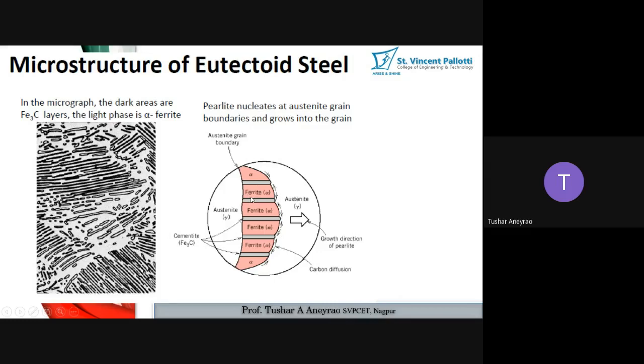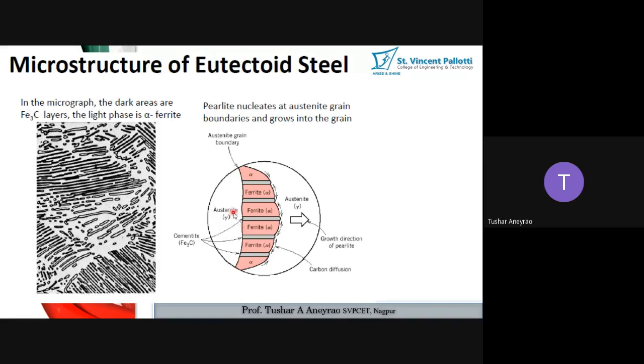You can see here alpha ferrite crystals are growing along with the Fe3C. You can see here these streaks are of what? Fe3C crystals. And due to this simultaneous growth, we are getting this particular type of crystal structure. Let me use the laser pen. This particular type of microstructure can only be obtained if you are having austenite which is at 0.8%. Okay, so is it clear?